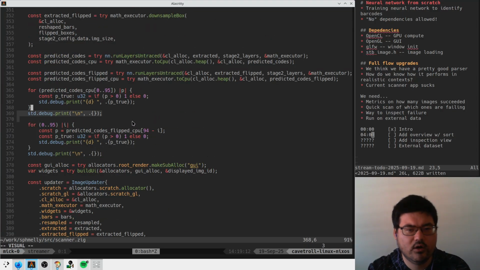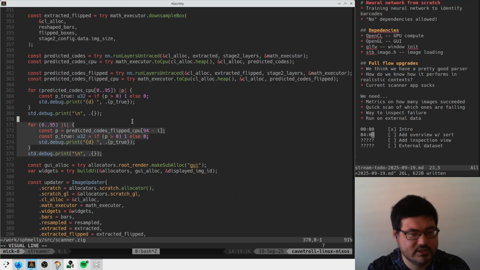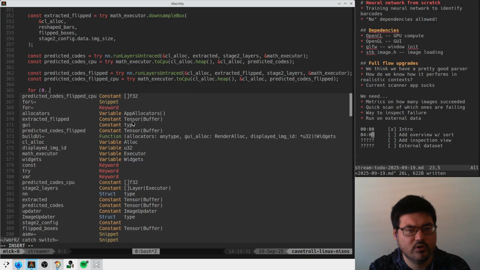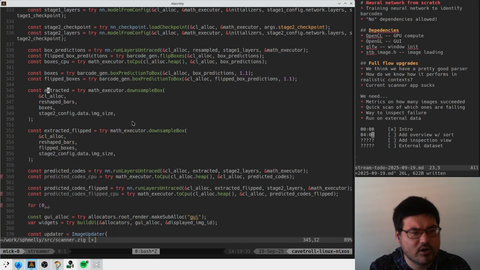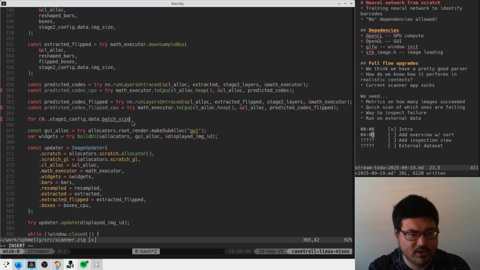So here we have predicted codes and predicted codes flipped. And this is, I think, for all images. So I think we want to go from 0 to however many images we have. Where does that information come from? Make bars, maybe? We have batch size here. Okay. So for each image